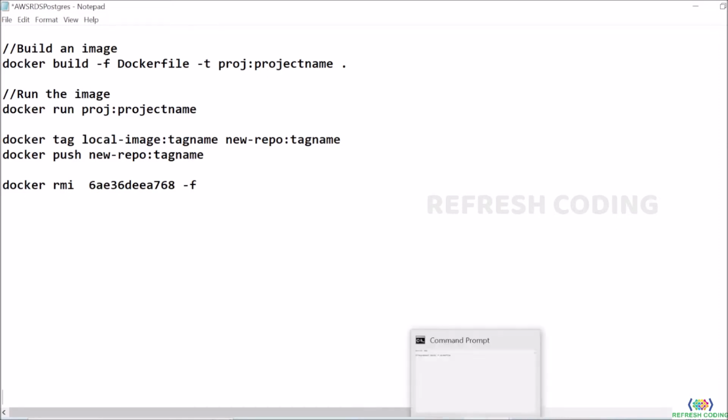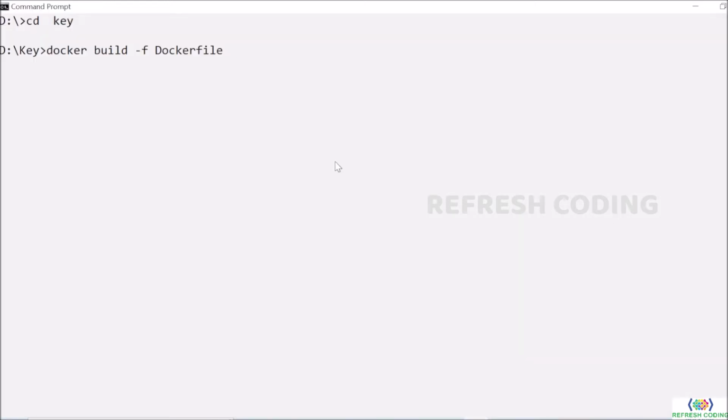But since we want to work with Docker Hub, so what is the best way to work with it? That you give here first your username and then slash and then your image name. So let's say this is first Spring REST, so I will give the same image name REST. And then dot. See, this dot is not for the decoration purpose. This dot means you are working with the same directory. Otherwise you will have to give the directory path where your Docker file and jar files are there. After that we will do enter.